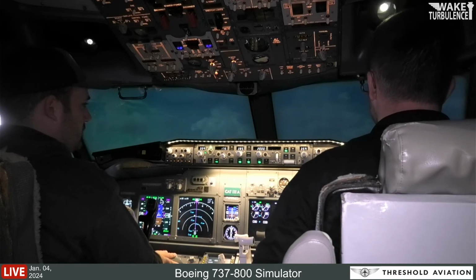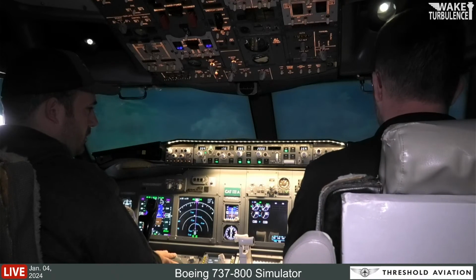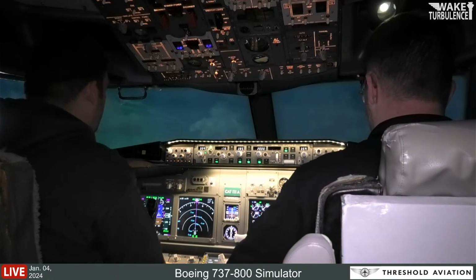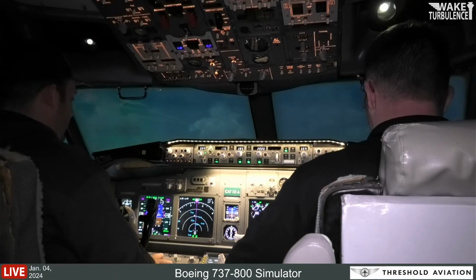It says VOR and walk, but it didn't highlight the box, meaning it didn't. I actually think we have to do this manually. Oh my gosh. We're gonna have to go down, start descending. We're 10 miles away. Where do we wanna be? 9 miles away at 2,000 feet, so we're fine for now.